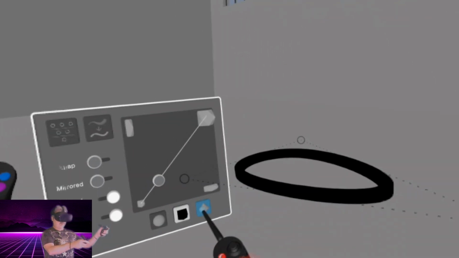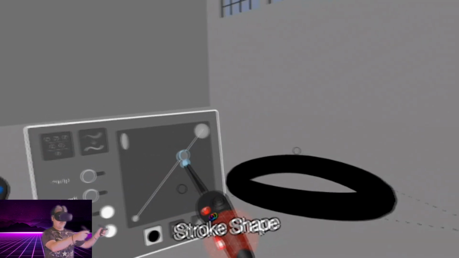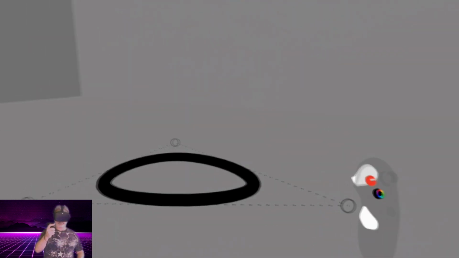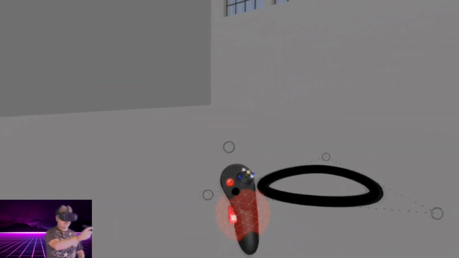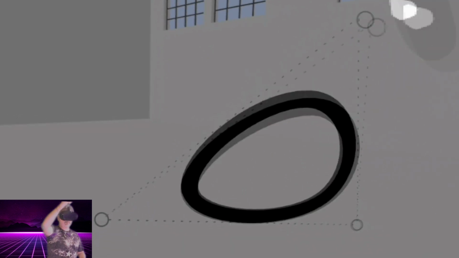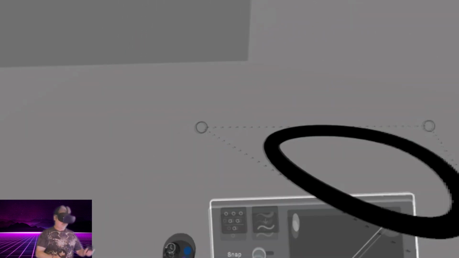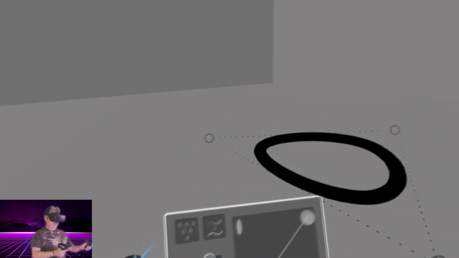Let's go ahead and change the shape. And you can take a look at that. We can make the thickness a little bit longer. And if you take that transparent red sphere, you can grab and move the points in any direction you wish. So you can get some extreme precision here in creating your models.